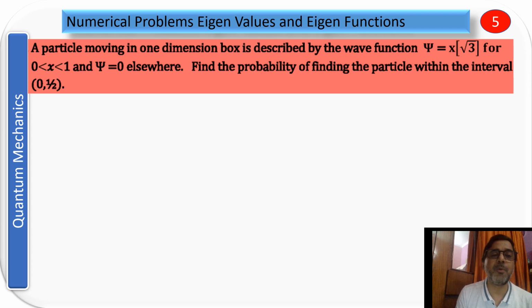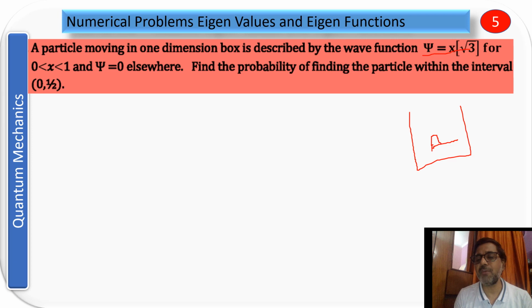A particle moving in a one-dimensional box is described by the wave function given here. So if the particle is moving, this is your box. In this box the particle is moving, this is your particle which is moving. So naturally with this you will have the de Broglie wave. This will be your de Broglie wave like this. So with this you will have a wave function, and this wave function is represented by psi, and the value